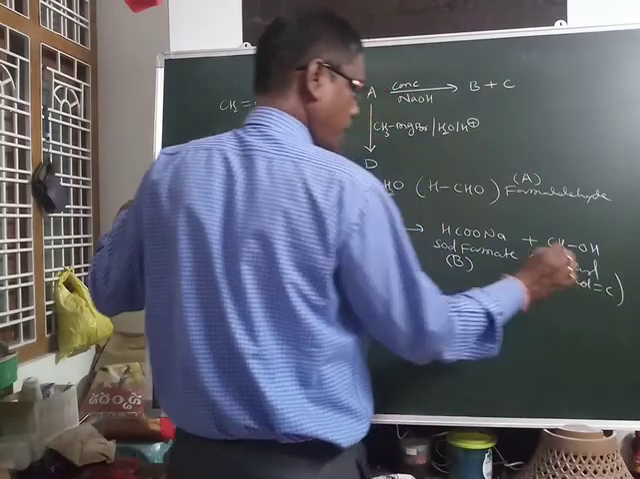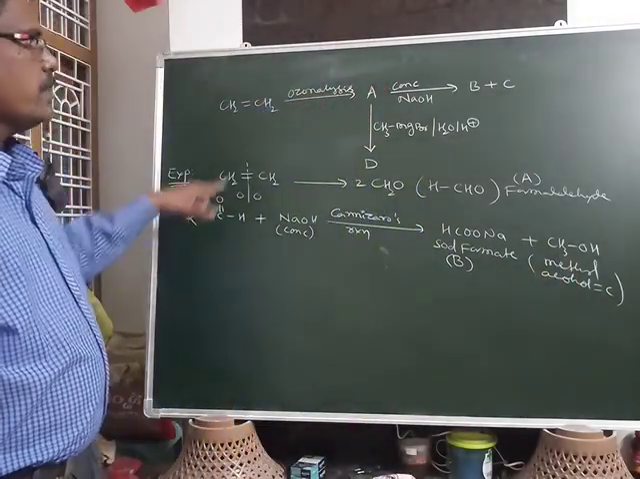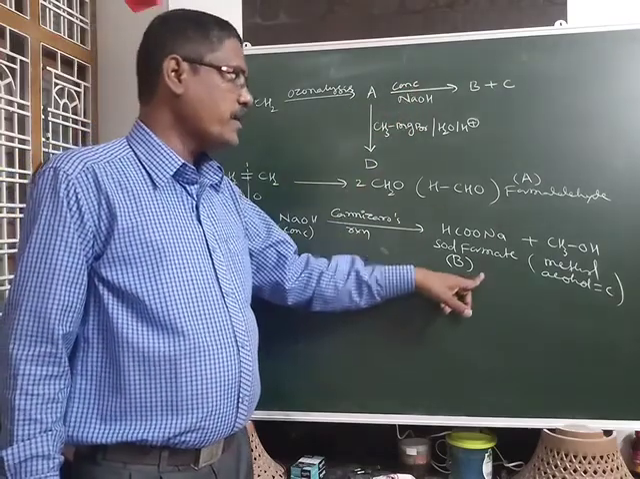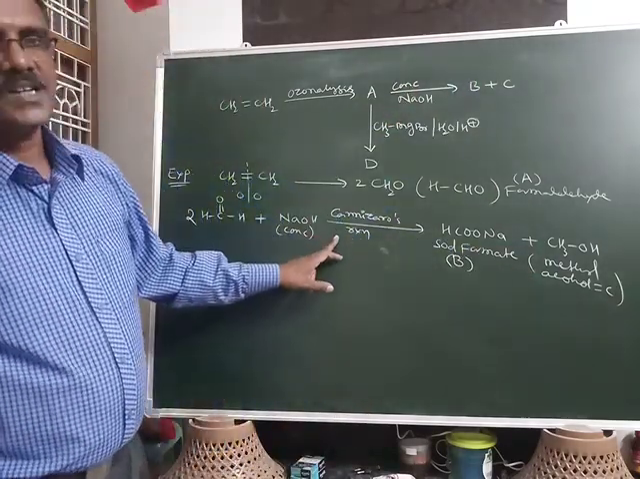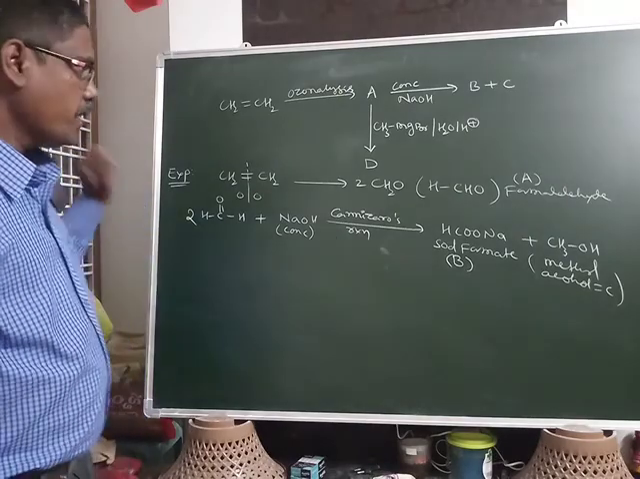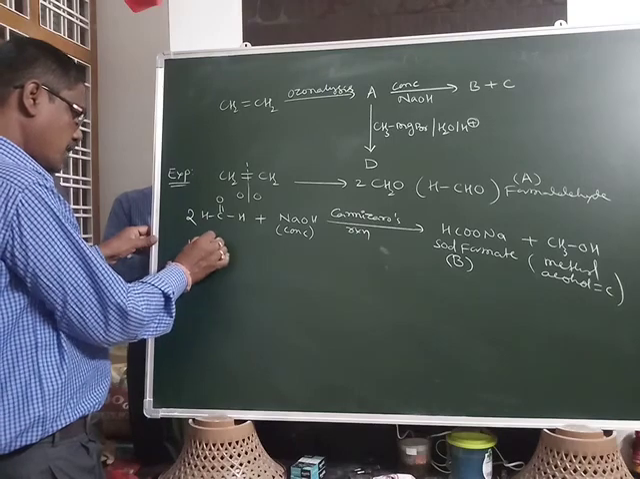Okay. A is completed. A is formaldehyde. B is sodium formate. C is methyl alcohol. And this reaction is the Cannizzaro reaction. Okay. And A, that is C double bond O, reacts